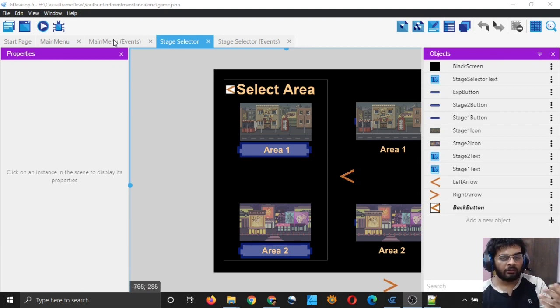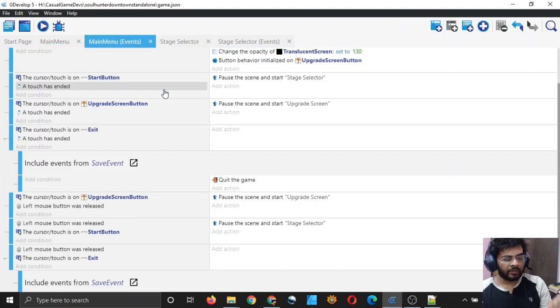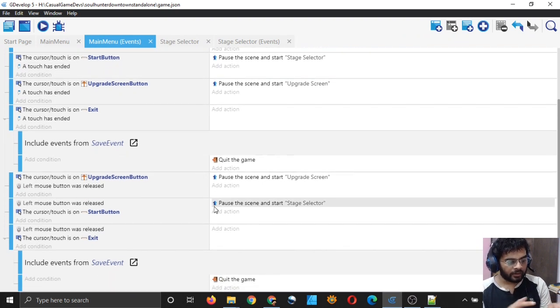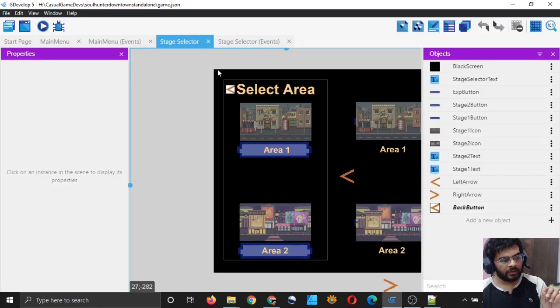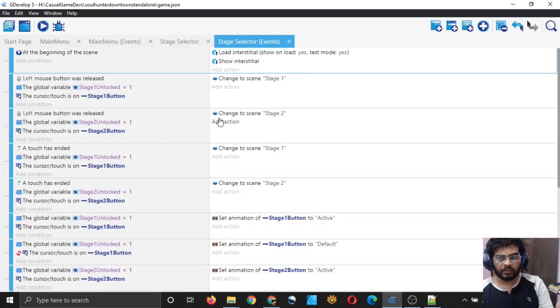We wanted to display our ad between the main menu and the stage selected screen. So we tried putting the ad in the main menu first, right? But we saw that it was difficult to do that. So I put the ad in the stage selector, in the very beginning. So now the ad is working properly.